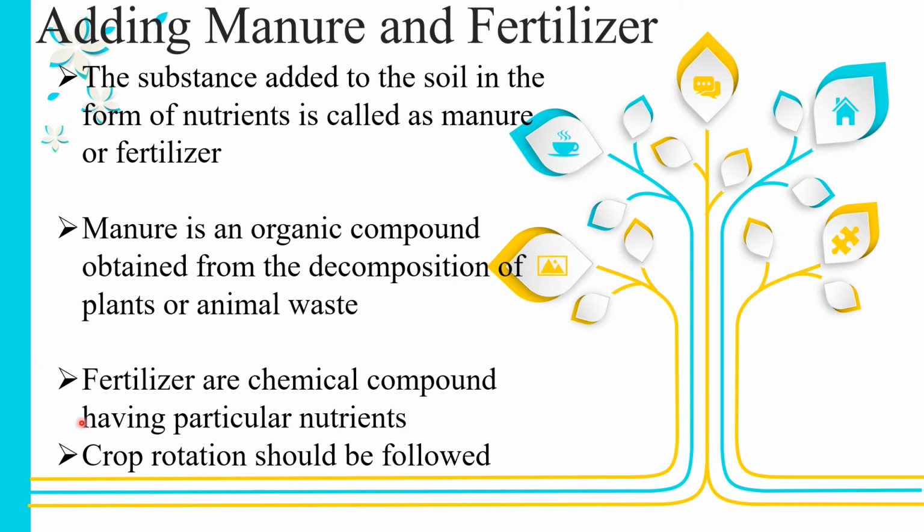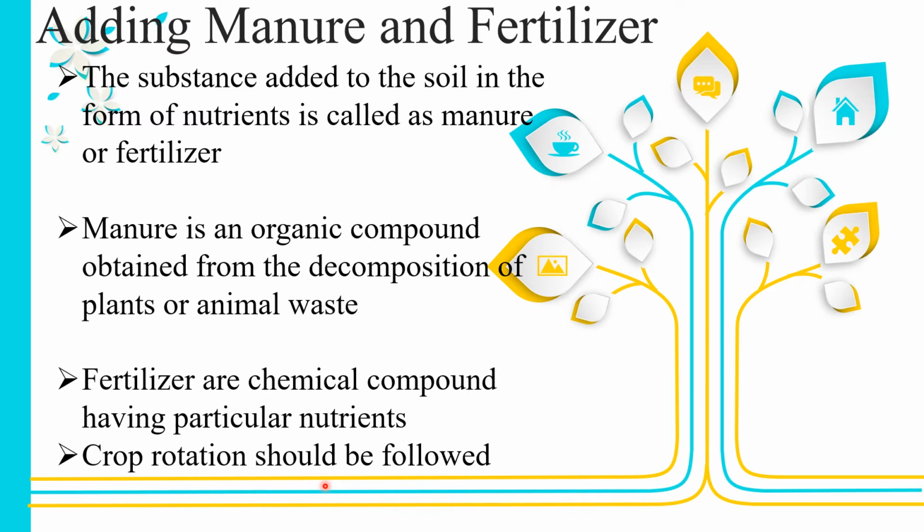Apart from this, in order to increase the fertility of the soil, the practice of crop rotation is also followed. And what does the word crop rotation mean? For example, if you are growing a particular crop in the field, after harvesting, that crop would have absorbed the nutrients, so the soil will be depleted of that nutrient. So now you can select another crop which will not require the nutrients absorbed by the previous crop, so that this second crop will also grow healthily.